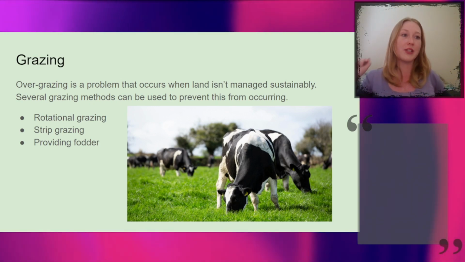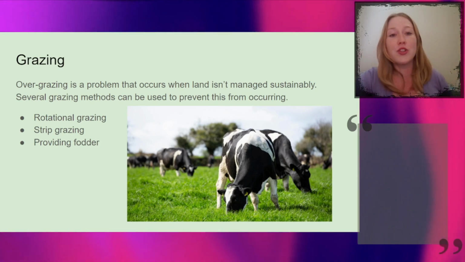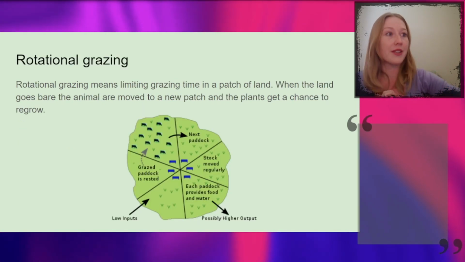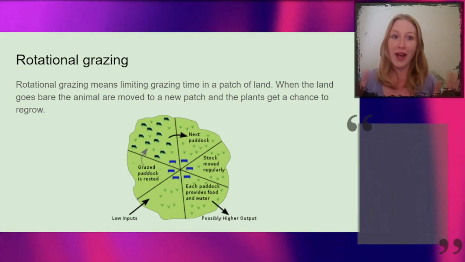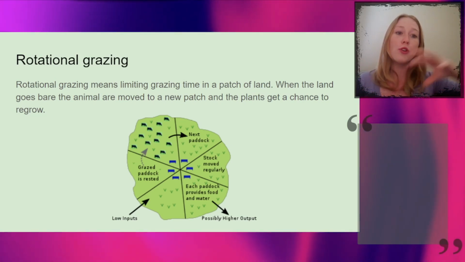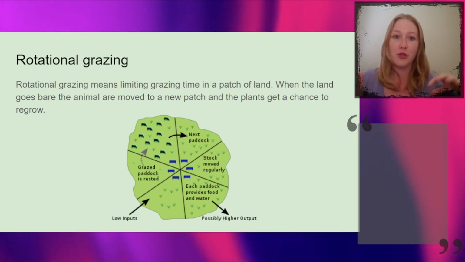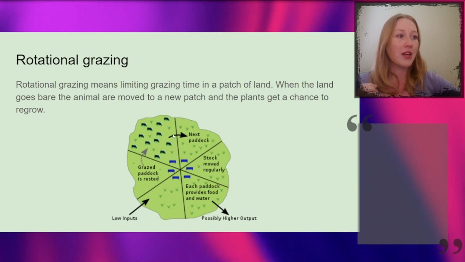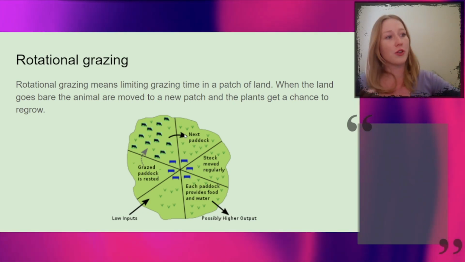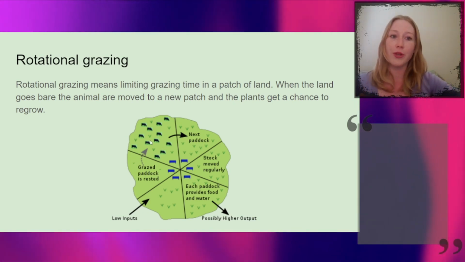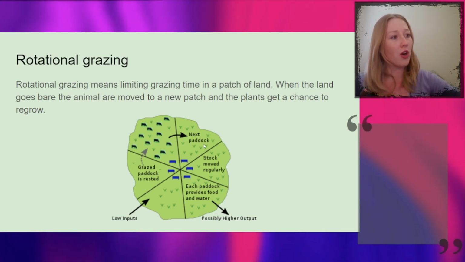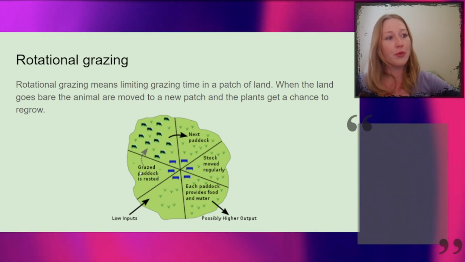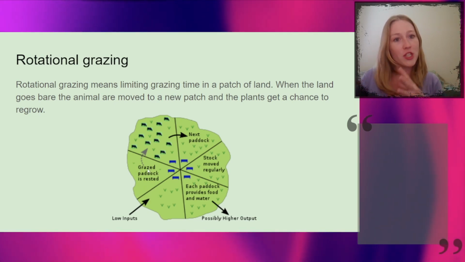Something we can do to manage grazing is rotational strip grazing or providing fodder. So rotational grazing is basically you have your patch of land and you just move the livestock from patch to patch throughout a period of time, and that gives that patch time to regrow. So here we have our cattle chowing over here. They will move along to the next paddock, and as they are moved up, the previous space of land gets